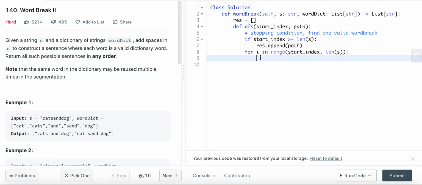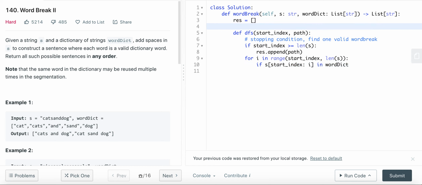Let's say if S start index I in word dictionary. So I need to do a conversion. So word dictionary equals